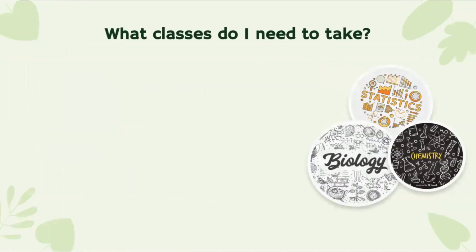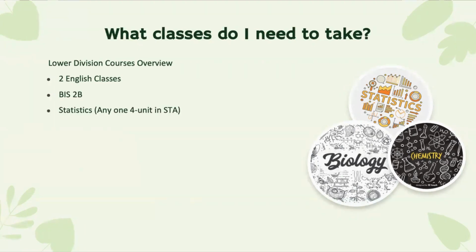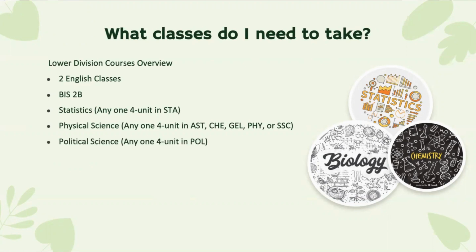You may be wondering which courses you will need to take to start your journey in the SED major. An overview of the courses and requirements includes 2 English writing courses, BIS 2B Introduction to Biology, Ecology and Evolution, any 1 4-unit class in statistics, and any 1 4-unit class in physical science, which can include astronomy, chemistry, geology, physics, or soil science. 1 4-unit course in political science, 1 4-unit course in economics, and 1 4-unit course in